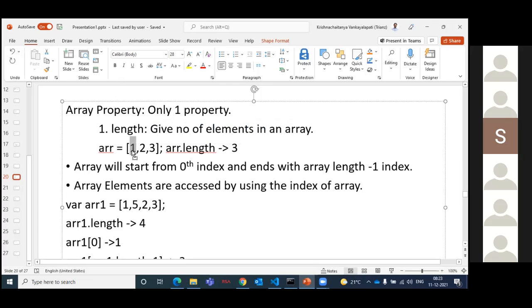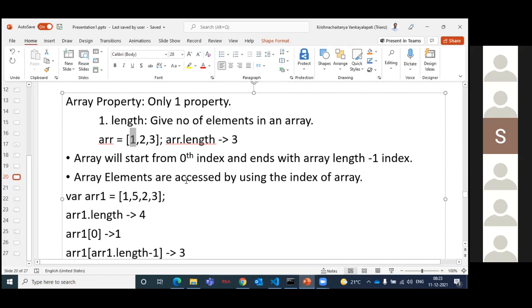Next, now tell me, if I want to access the 1, how do we need to access? Same question for Saili. Index will start from 0. So if I want to access 1, how will it be? Array of 0.